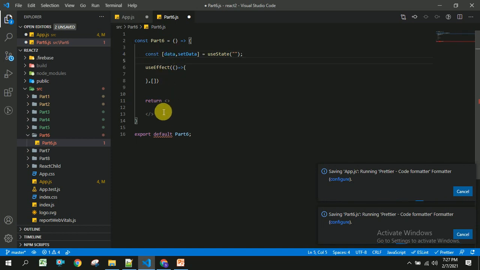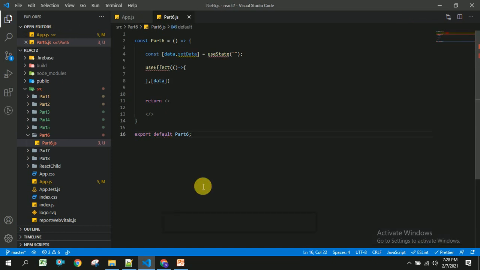If the user changes this, then you should be able to render the data. So for this I am going to place this variable in this useEffect array. So if this variable is changed, then this useEffect will be called again, or the component will be rendered again.